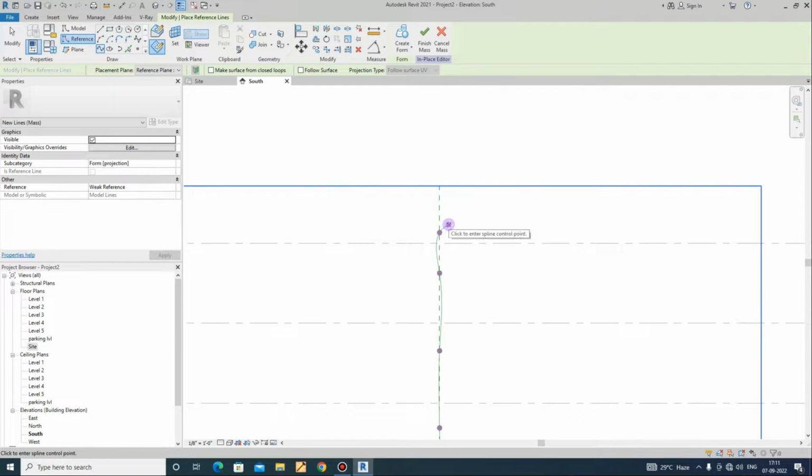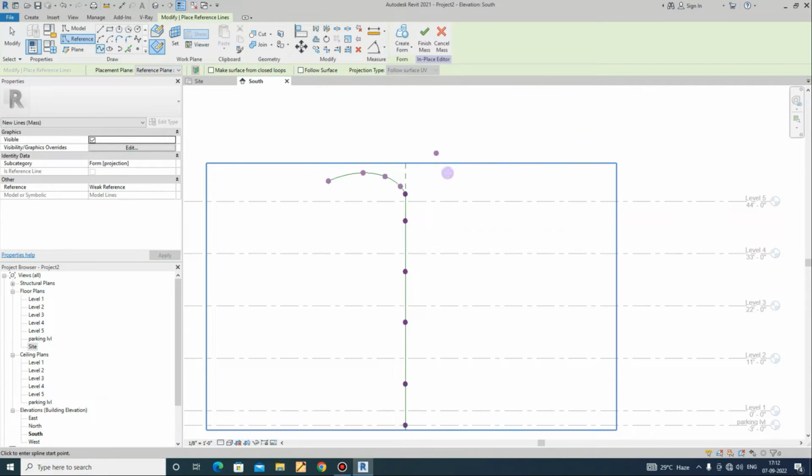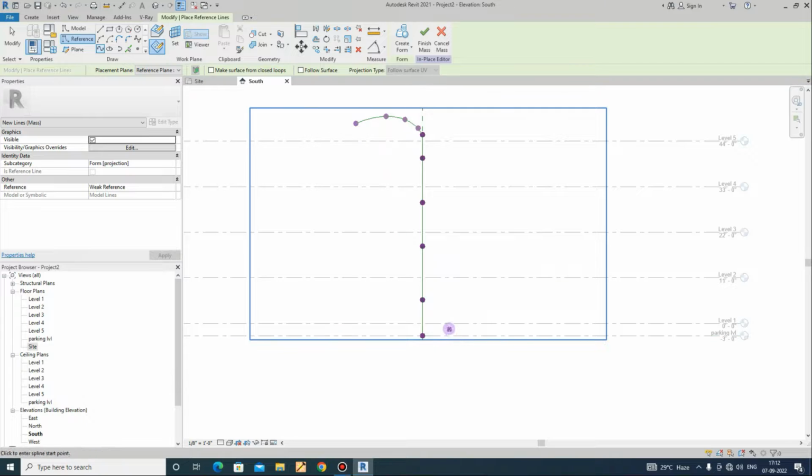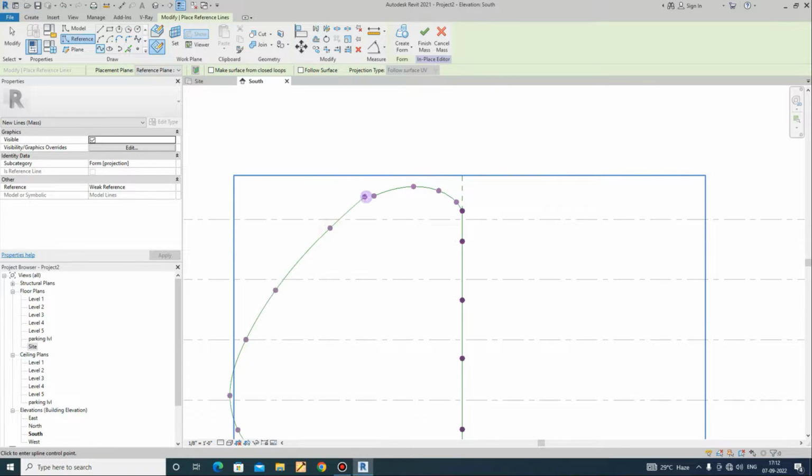Okay, here, there. Okay, from here. Let's make nice shapes.